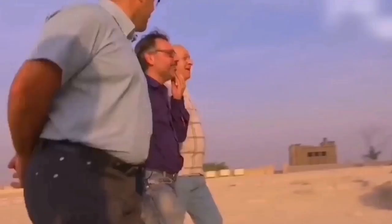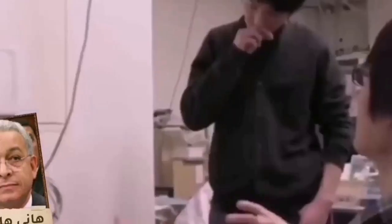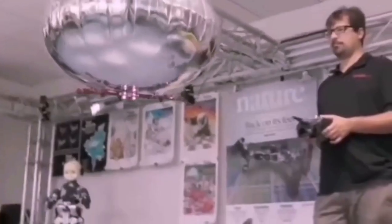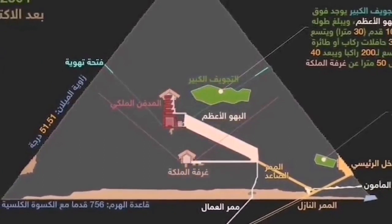Scientists discovered another void, but it is small, located above the main entrance to the pyramid. Hani Helal, vice president of the Cairo Institute, who runs the ScanPyramids project, said that at the present time we cannot drill into the void that we discovered, and we must use non-destructive techniques, which will give us a complete picture of what is located within these areas. We need to determine the locations of these voids accurately, because the muons gave a blurry picture of the existence of a void in these areas, and when we determine them exactly,